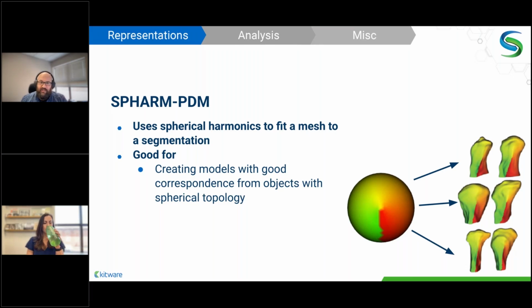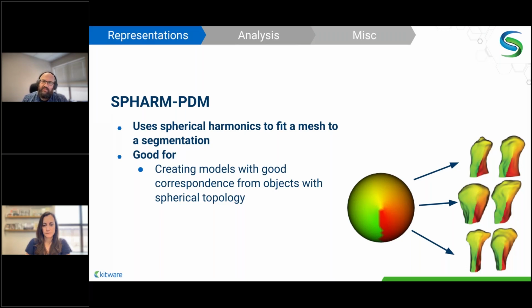It takes your shapes, maps them to a sphere, and then uses that to fit a nice mesh to that. One of the strengths of SVARM PDM is that for a lot of objects with spherical topology, so this is just an object that's kind of a blob shape, it doesn't have any holes, it's just one solid thing, this tends to work fairly well out of the box and produce nice meshes